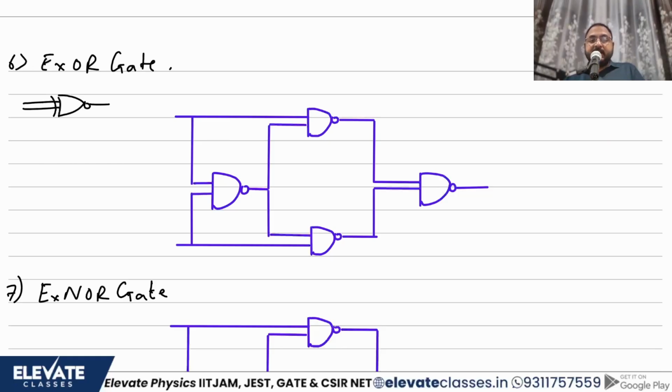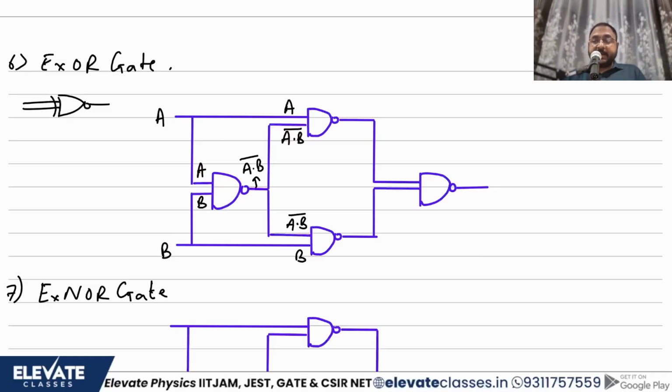Let's call this input A, let's call this input B. So this input goes here, this becomes A, this becomes B. Same input goes here, this is A and this is B. There's a NAND gate over here, so what output will come here? The output will be A dot B complement, right? So what is this new output? This is A dot B complement, and this is also A dot B complement. Now, what will happen to this NAND gate?